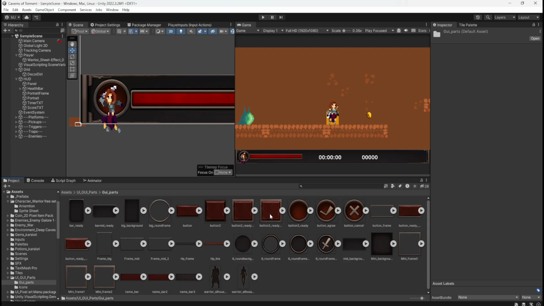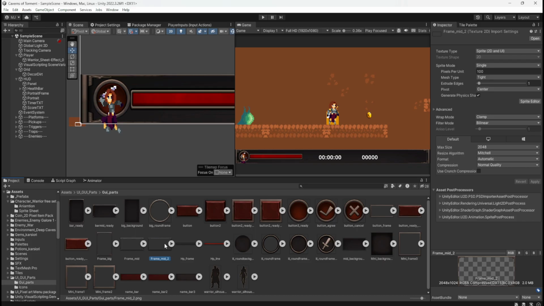Would a square one be too much? There's a lot of options here. You have a frame here.